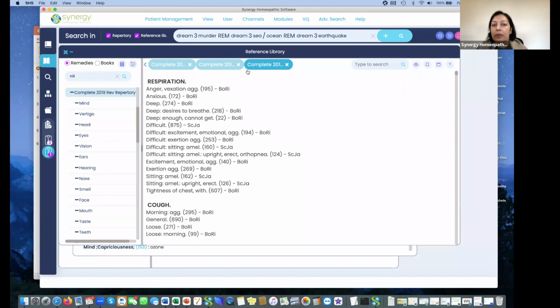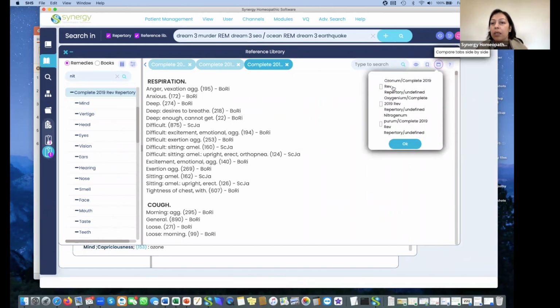Remember that the reference that is highlighted here, the dark blue tab, the one that is active at the moment, is the one that the program will compare the second reference to. So at the moment, the active tab here is the nitrogen respiration chapter. So when I go to the compare tab icon, it's going to ask me which reference now do I want to compare the nitrogen